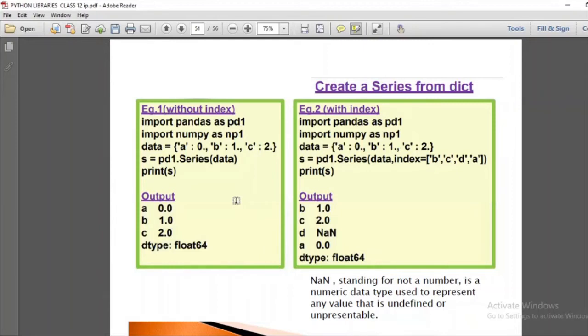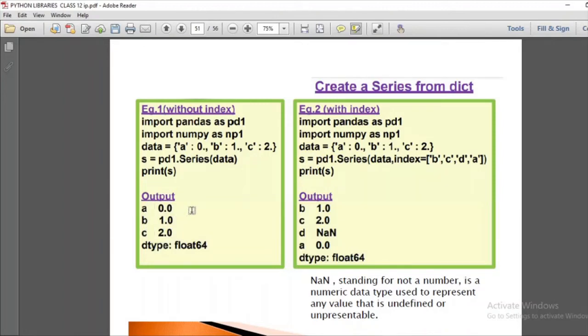Next, there are some more examples here without index. It is similar to what we have discussed in the earlier way, that we are just initializing our dictionary over here and passing it into a series and then printing it out, and the data type here is float. Now, if I want to give index, so see here I have given index in a format such as B, C, D, A. There is no order which I have followed. But here, you can see that index is taken as per the key values of the dictionary.